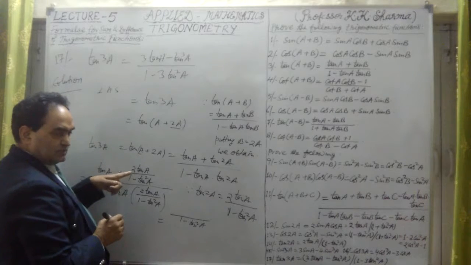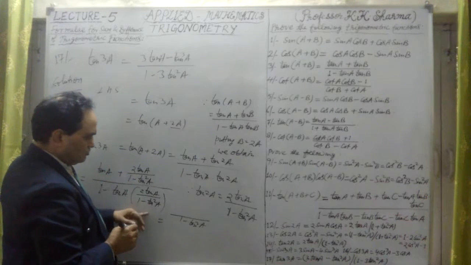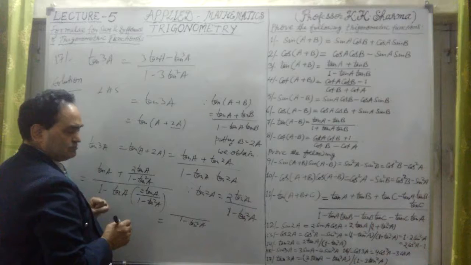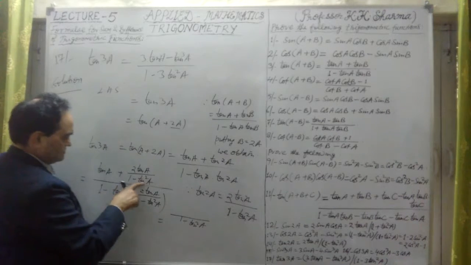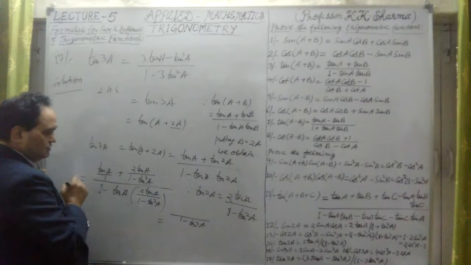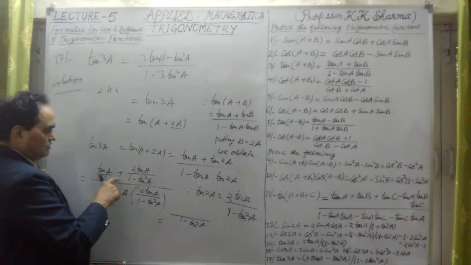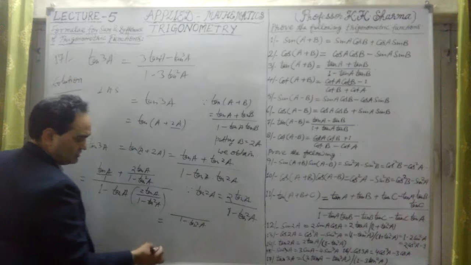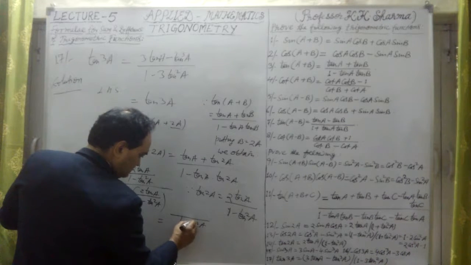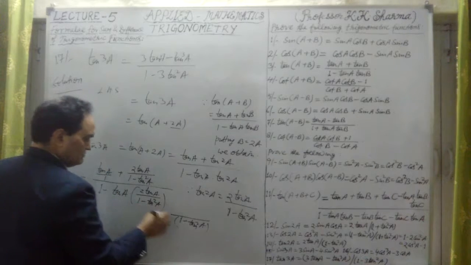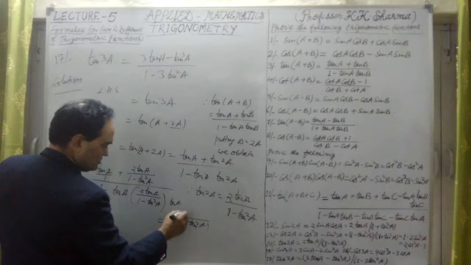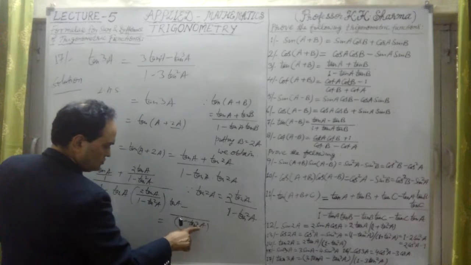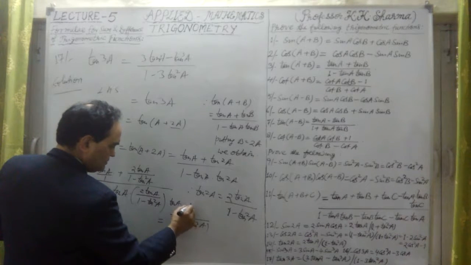In the numerator we have taken the LCM 1 minus tan square, in the denominator also we take the same 1 minus tan square LCM. It will give us 1 minus tan square into tan a, because tan a upon 1 is there. LCM of 1 and 1 minus tan square is 1 minus tan square. Now let me multiply this 1 minus tan square into the numerator, which is tan a into 1 is tan a minus sign, tan a into tan square is tan cube a